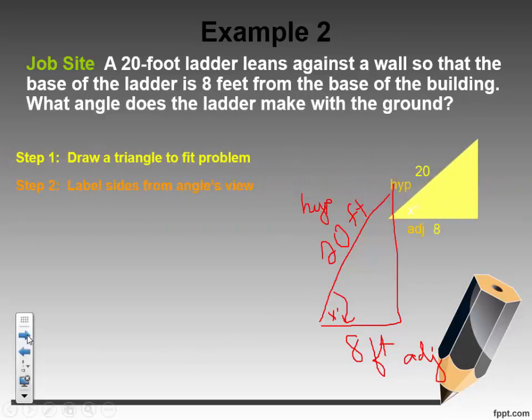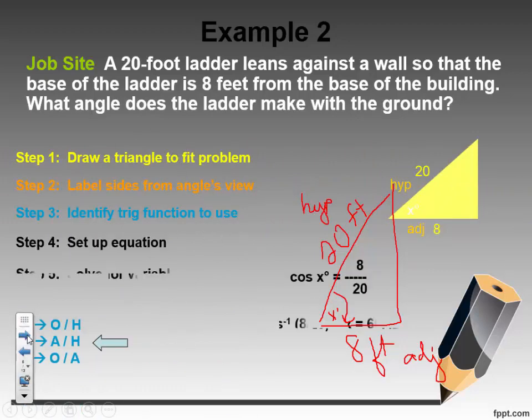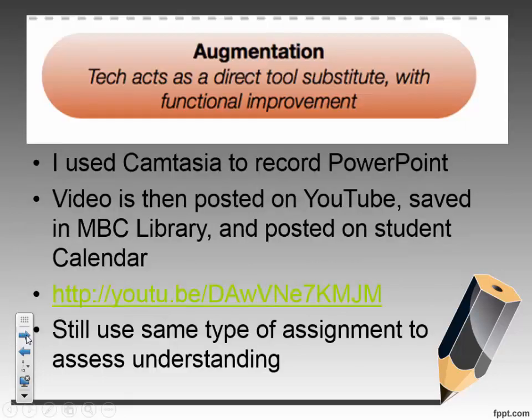And then the expectation is really that the students still do the same type of assessment. They're going to do a paper pencil assessment. They're going to answer these 5 questions, making sure that they draw their picture. So really no change. The second part of the SAMR model is augmentation, where the technology acts as a direct tool